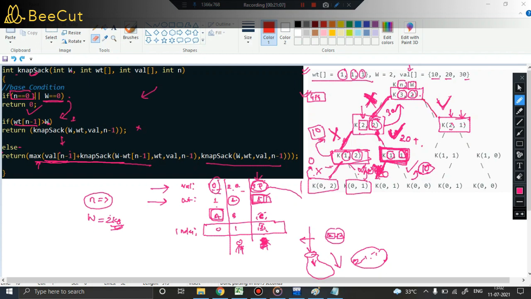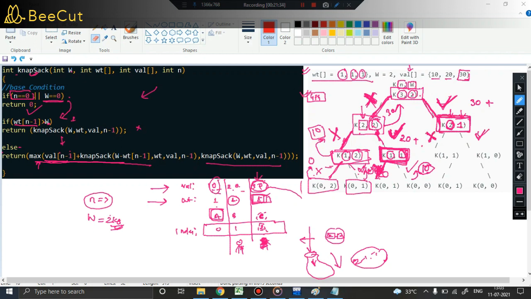considering this deal, what happens here? You picked up item C. If you picked up item C, it means you already have a profit of 30 rupees, because item C's profit is 30. Plus, now you are looking at what is the maximum profit I can incur from the items A and B, given my capacity of knapsack is only 1. So now you have two options: either you reject B or you pick up B. So if I reject B,